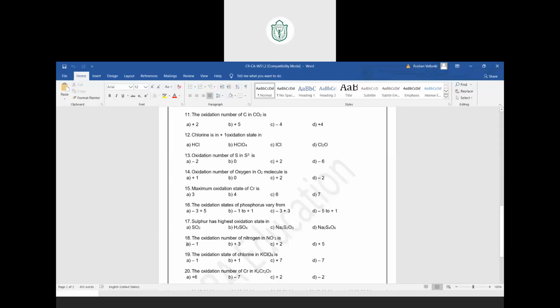And we left the 15th one, right? Now answer the maximum oxidation state of chromium. Option C, 6. Okay. So we're done with assignment 1 and 2. So the next part of this topic, chemical arithmetic, is naming of ionic and molecular compounds as well as naming of acids. How to name all these I will discuss, but before that, one second, I'm stopping sharing.